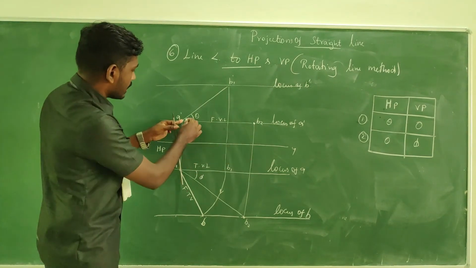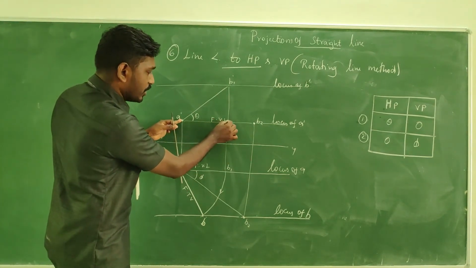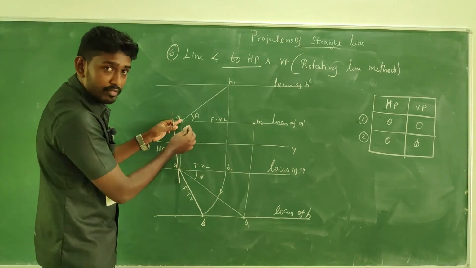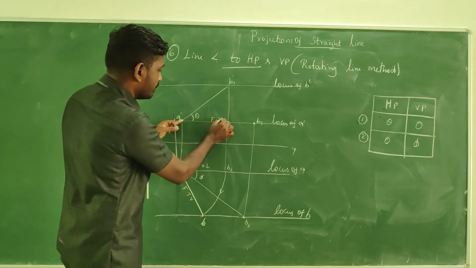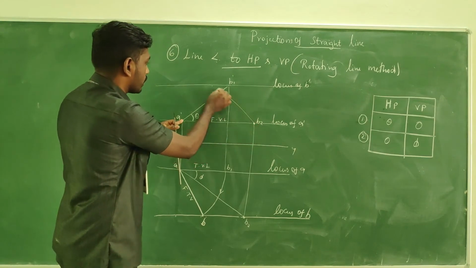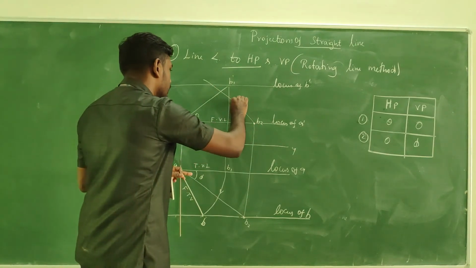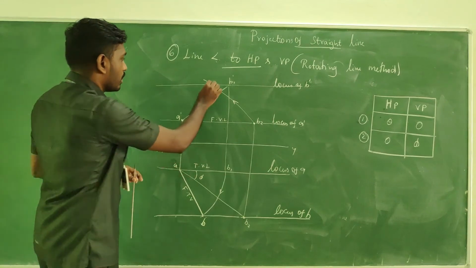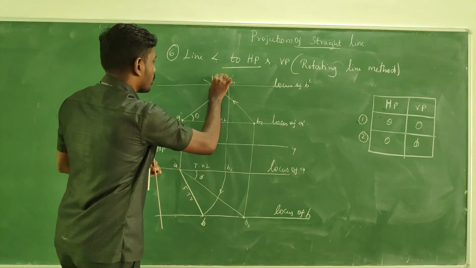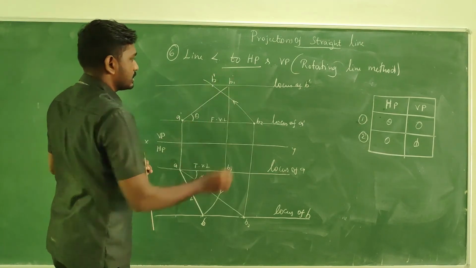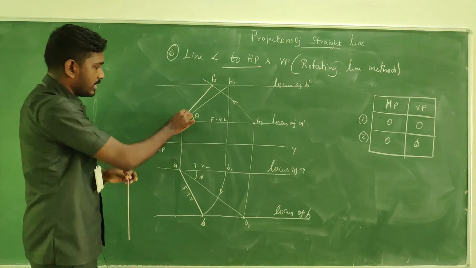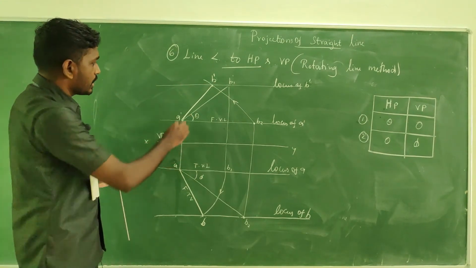Okay. And if you take the compass and measure the front view length, A dash to B2 dash, you are going to find the final front view. So you measure the front view length A dash to B2 dash and, keeping A dash as center, draw an arc. You will get the arc like this, and it reaches the locus of B dash. There you will find the spot of B dash. If you connect B dash to A dash, this would be the dark line. That means the final front view.